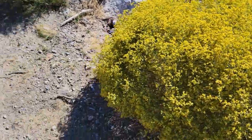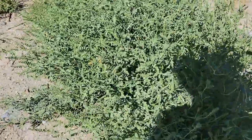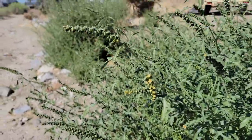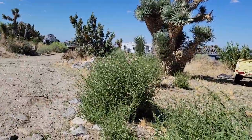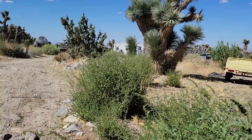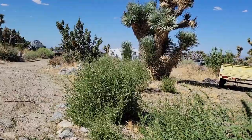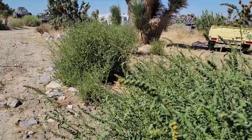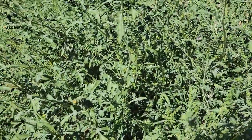So there's other things I keep waiting. I keep waiting for this to start to bloom up. It looks like it's starting to bloom up there. I don't see any bees on this just yet. Again, I have no idea what this is. I know what that is. That's a tumbleweed. I need to cut it out. It looks nice and green, and it's full of water, but it's still spiky, and it'll dry out and turn into an evil tumbleweed that will eat your children at night. So yeah, I want to get rid of that sucker. That's got to go. But anyway,